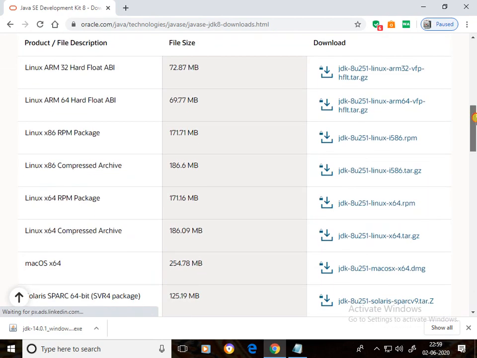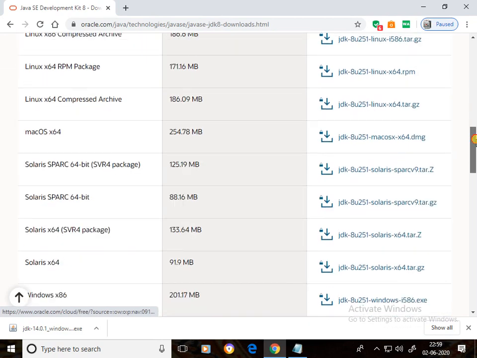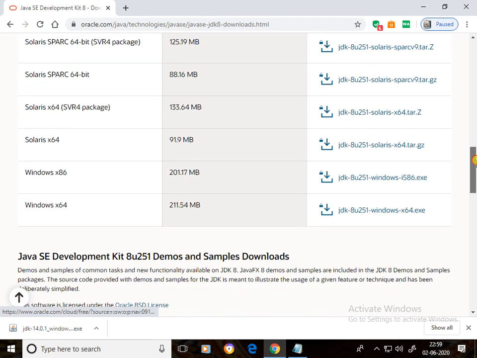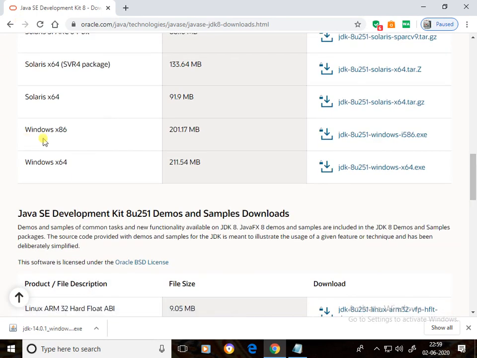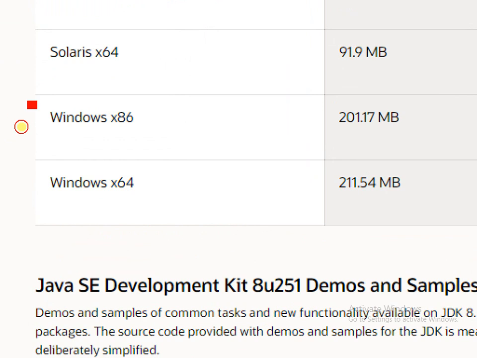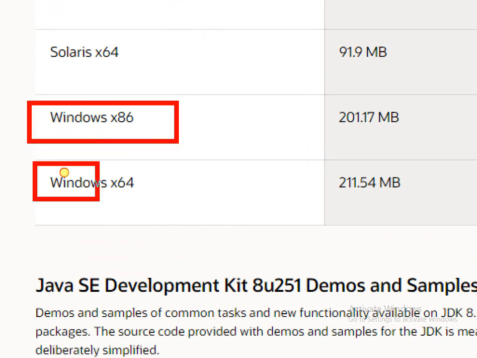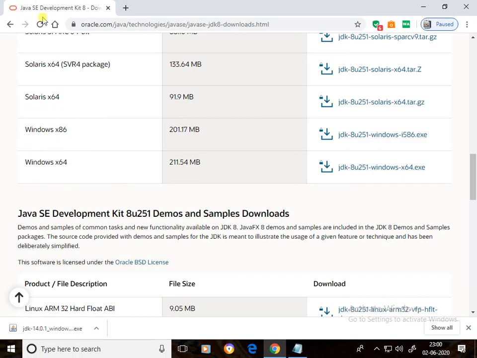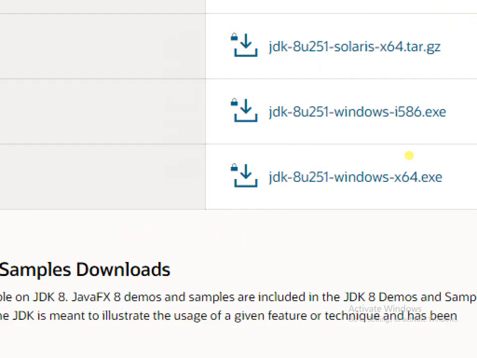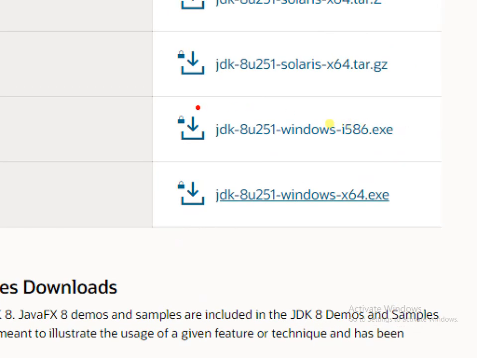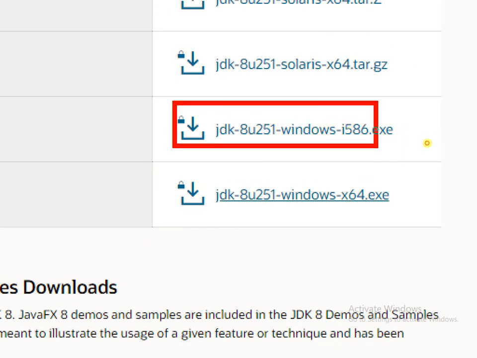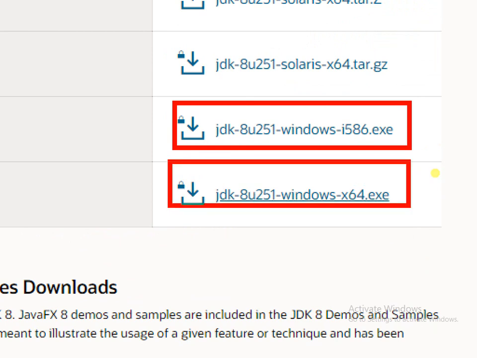Here is JDK 8 for Linux, Mac OS, Solaris, Windows. This is for 32-bit operating system, and this is for 64-bit operating system. If your operating system is 32-bit, click on this hyperlink. If it is 64-bit, click on this hyperlink.